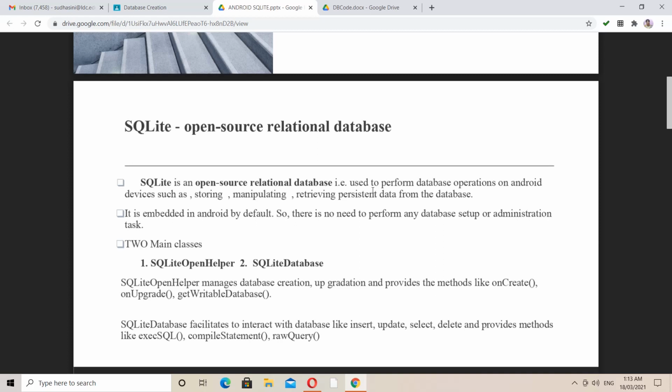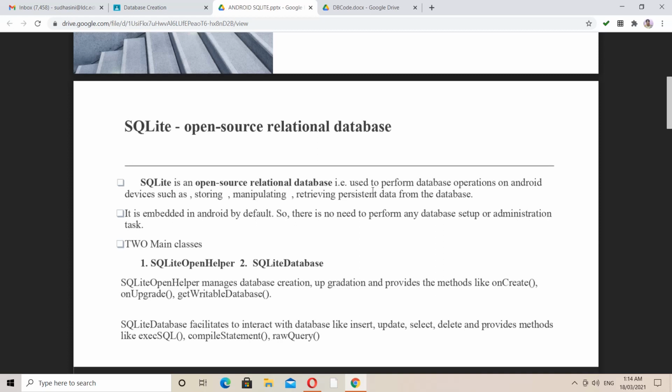Okay, directly we will move on to SQLite. Within Android Studio, the platform you are using, you are creating an Android app. So in this front end we need a backend, where I can store my information. Before getting into this database, you people might have experience creating different kinds of apps.